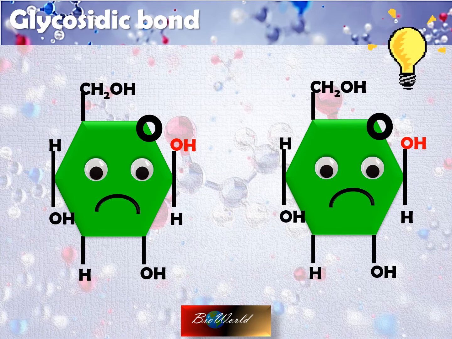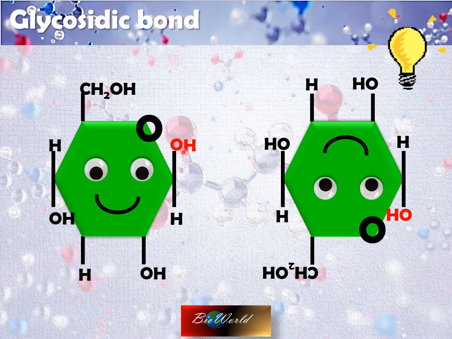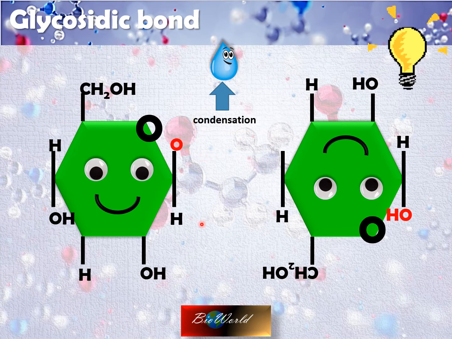The solution is by rotating one of the beta-glucose molecules by 180 degrees. When one of the beta-glucose molecules rotates, we find now the hydroxyl group at carbon 1 and the hydroxyl group at carbon 4 are at the same level. So then condensation can occur where water will be removed and the oxygen atom at carbon 1 will be shared